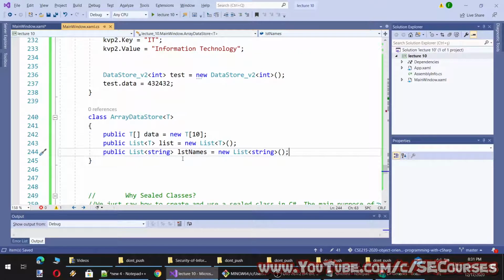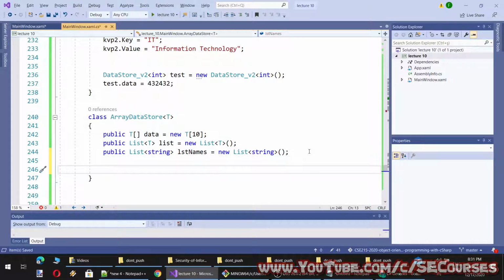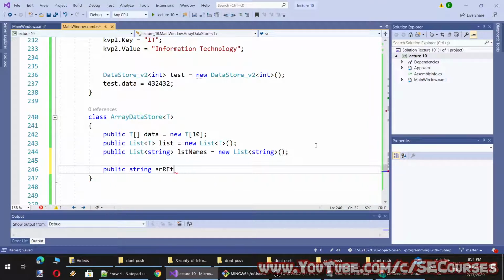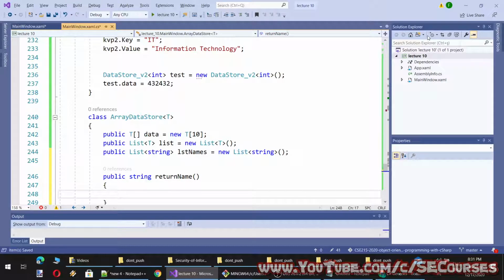Yes. So you see that in a generic class, I can also have non-generic fields, methods, and properties. For example, I can write a method, and I can return these LST names, first or default.